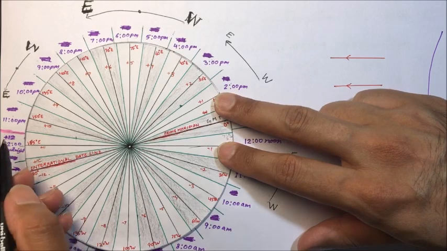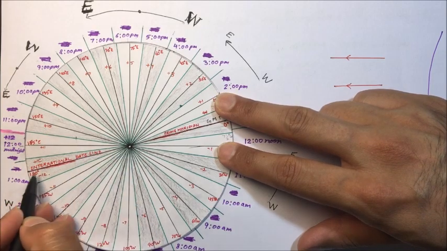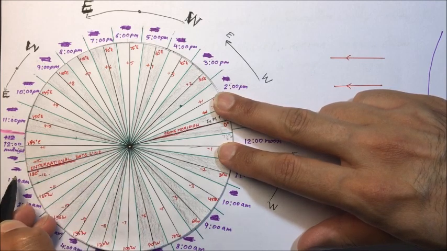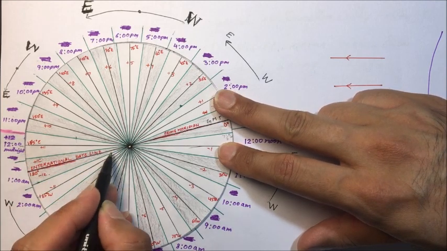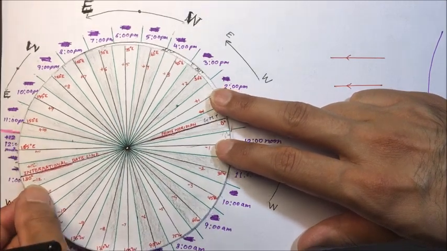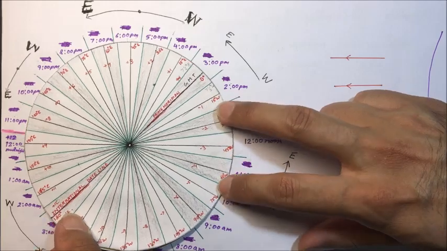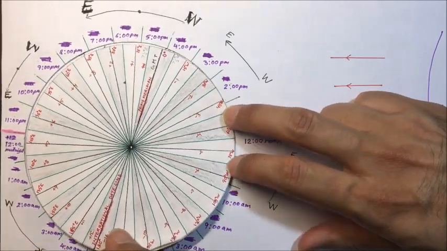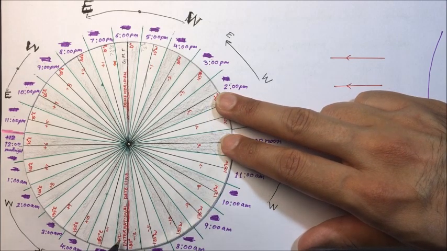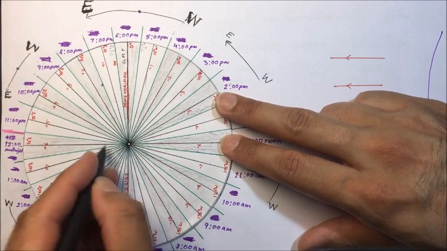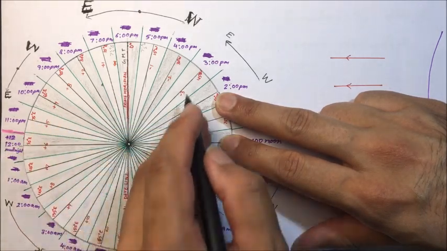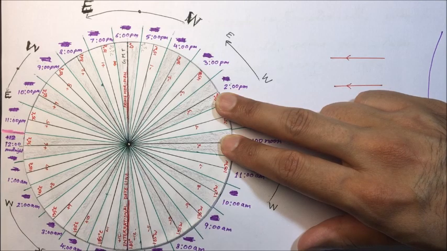So after 1 hour what will happen? Here we have Wednesday. This will be Wednesday, and here we have Tuesday. Now Wednesday will be increasing and Tuesday will be decreasing. So at this point what will happen? This will be our Wednesday and the remaining part is Tuesday. Tuesday is decreasing, Wednesday is increasing.